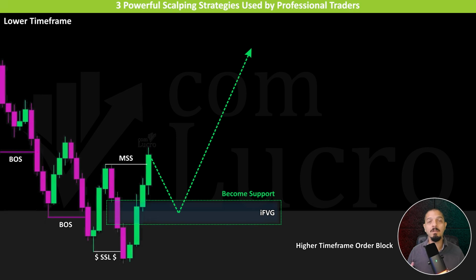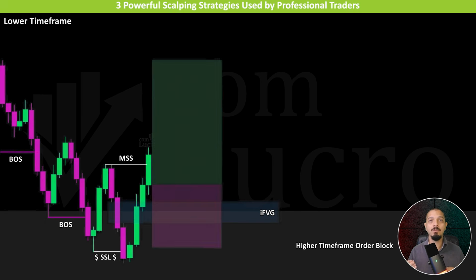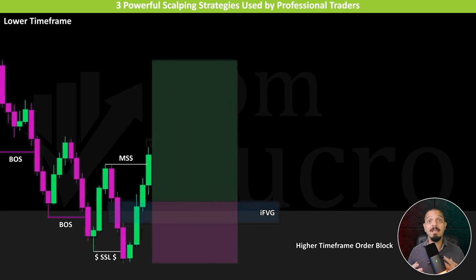With this model, you have two entry options. The first option is to enter immediately after the inverse fair value gap forms. In that case, you open the position at the opening of the next candle, with the stop loss placed below the most recent swing low. The second option is to place a buy limit order at the highest point of the newly formed inverse fair value gap, and wait for price to retrace back into the zone and trigger your position before moving toward your